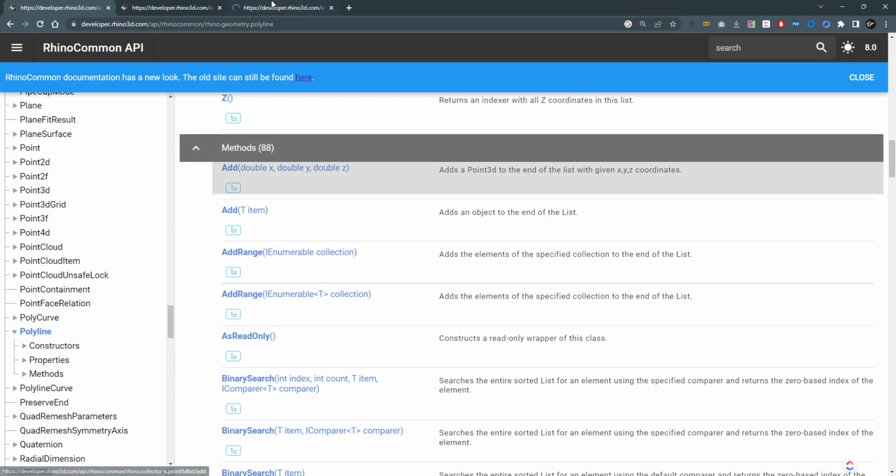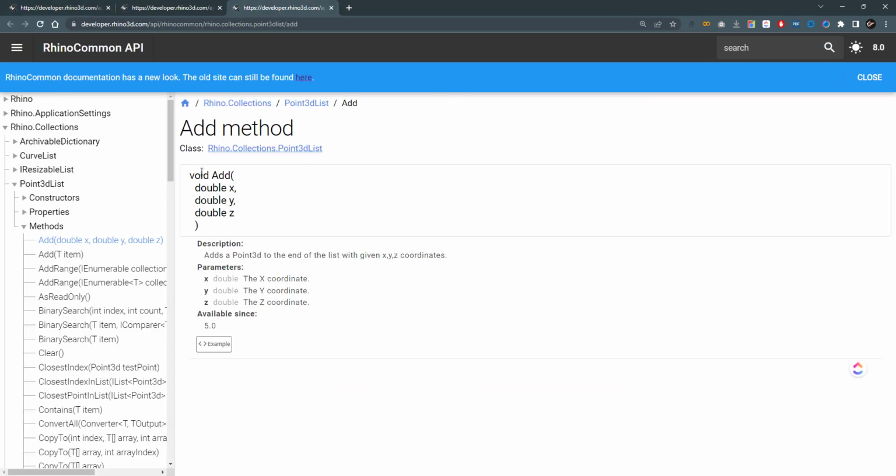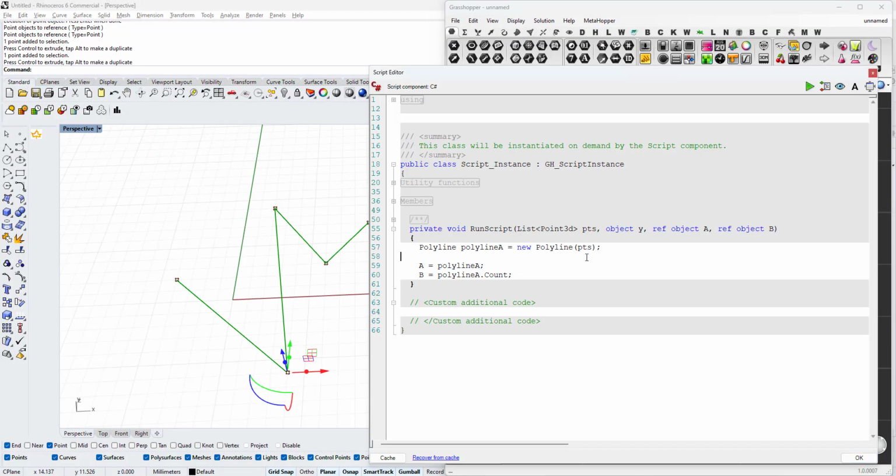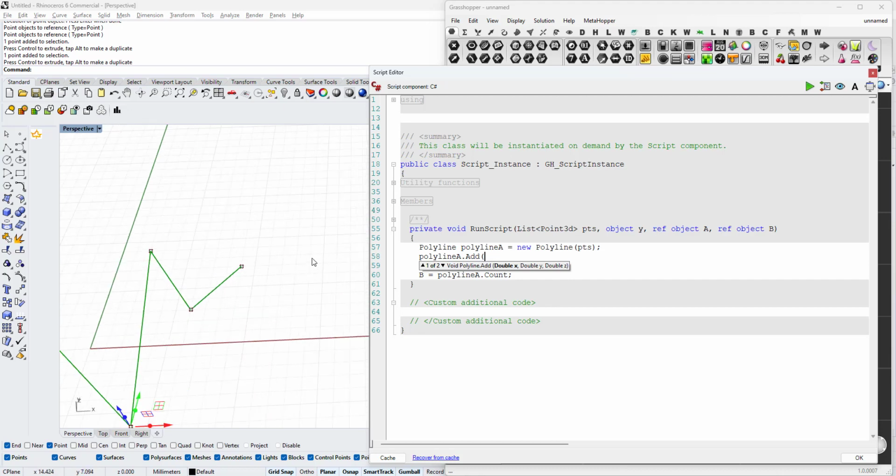So add here is a method under the point3d list in here. So let's try something here. If I say polyline a dot add, in this case we can add a point here, and if I want to add a point after this, so it's like 15 in the x and 5 in the y and 0, so 15, 5 and 0 in the